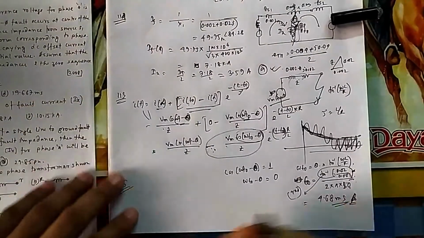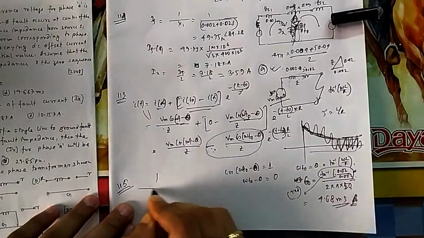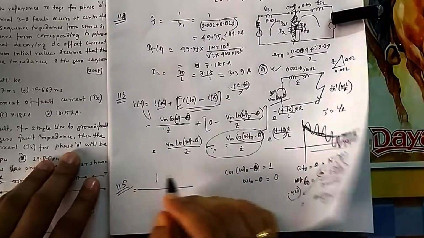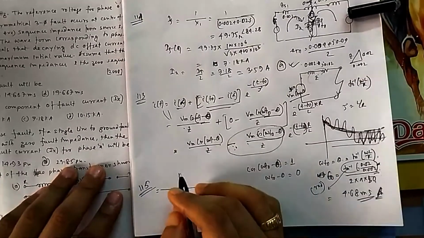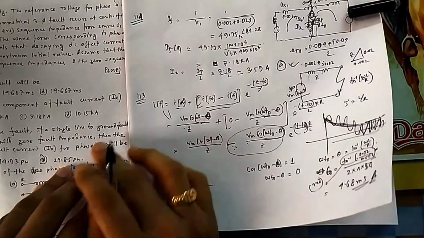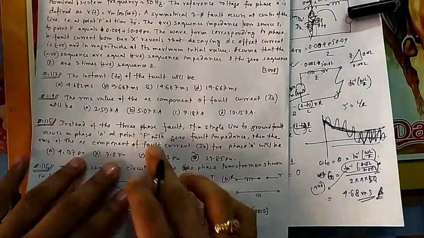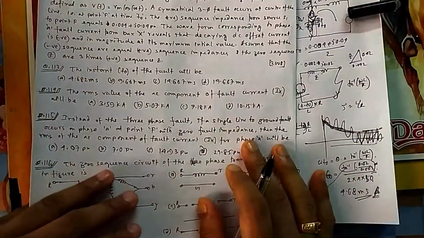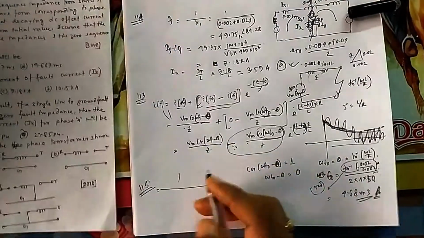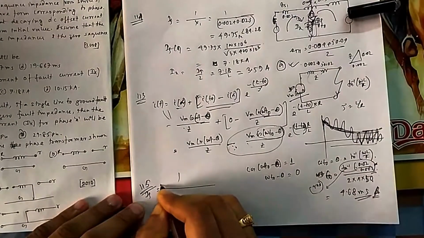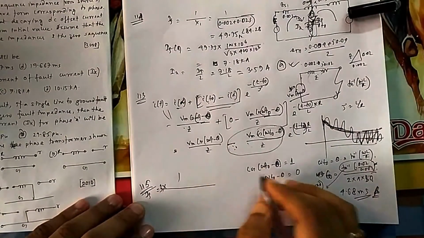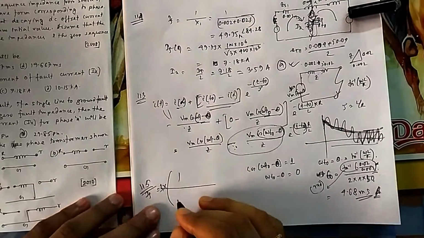Next, if you come to 115, they are asking if there had been a single line fault instead of a three-phase fault, then what will be the current in phase A, because phase A is faulted. So what is the phase A current? There is a fault in phase A, so that is our standard one, which is nothing but 3 into I fault, equal to 3 into this one. The fault is in phase A, so this is the normal standard sequence network.